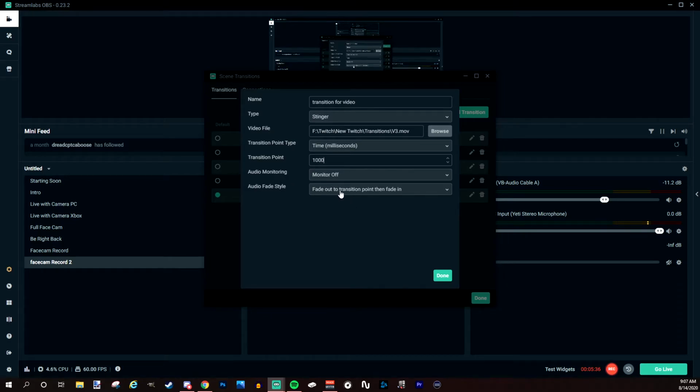And for me, it's just for the audio fade style. It's really up to you, but the fade style, so for the fade out to transition point, then fade in, it fades out your voice and then it fades it back in once you change over. For me, I just like to have mine at crossfade because I don't want my voice to change, because I may be talking to chat while I'm transitioning into a scene and I want my voice to stay the same, and I don't want it to drop down while I'm trying to explain a certain detail to chat, and then it fades back in. So I put mine at crossfade, which keeps my voice the same throughout the whole transition